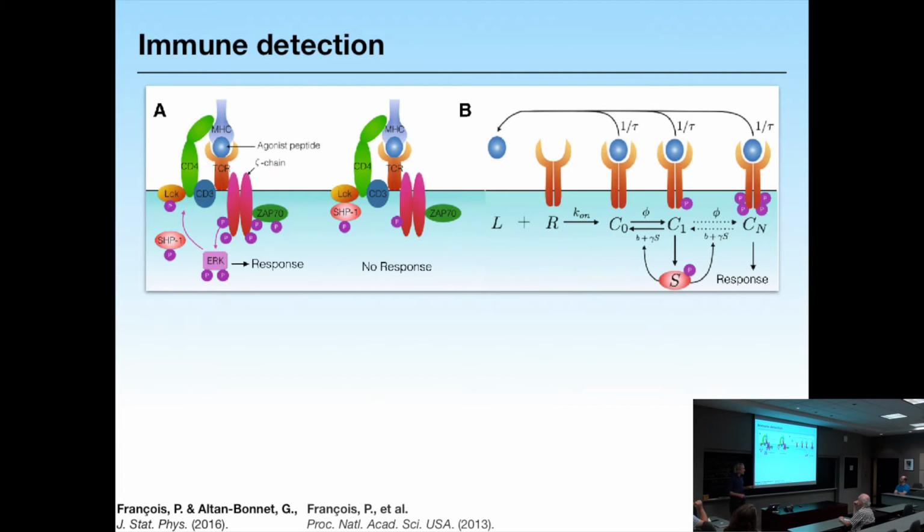If it's of self origin, the time of binding between the T cell receptor and the ligand is too short, and that means the chain doesn't have enough time to be phosphorylated multiple times. So we won't see a response. It's generally that. And then it is from the enzyme effects, mostly the SHIP1, that we have